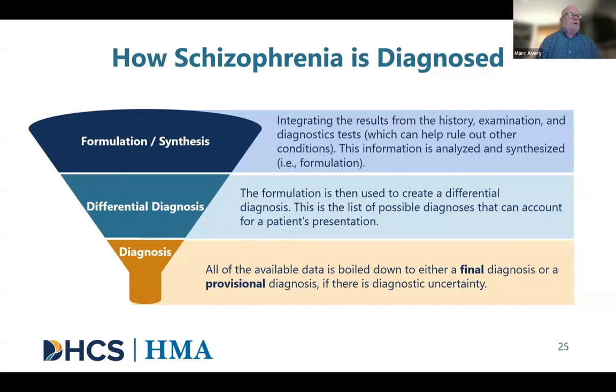That information includes history taking, talking to Darren, talking to his family members, talking to other caregivers, looking at the medical record,